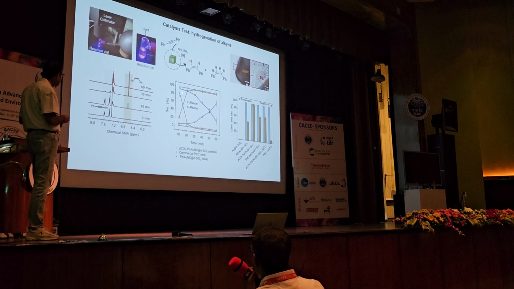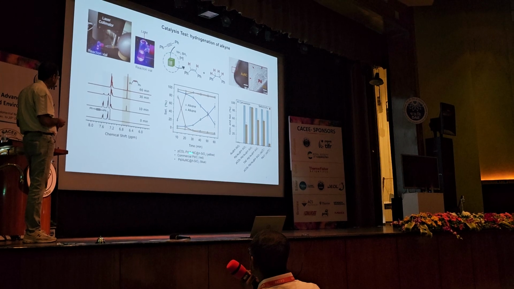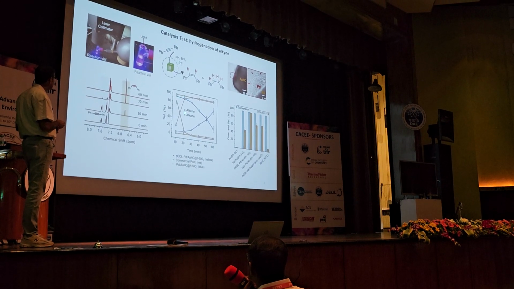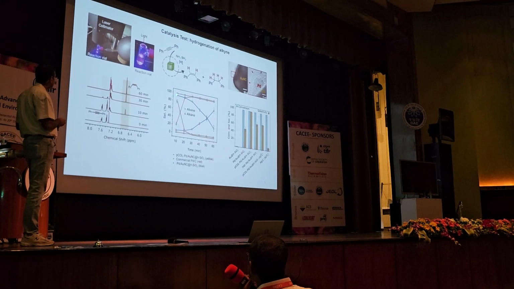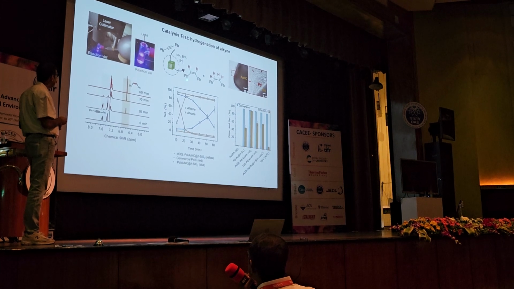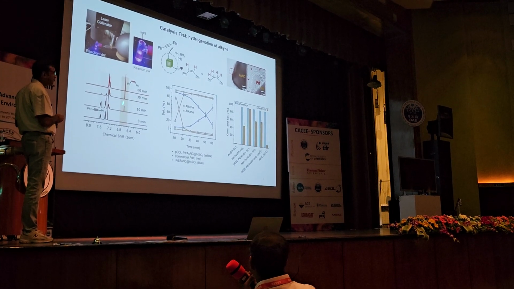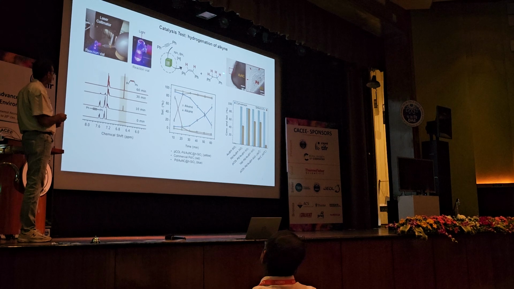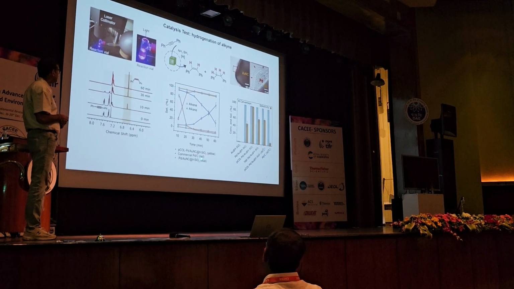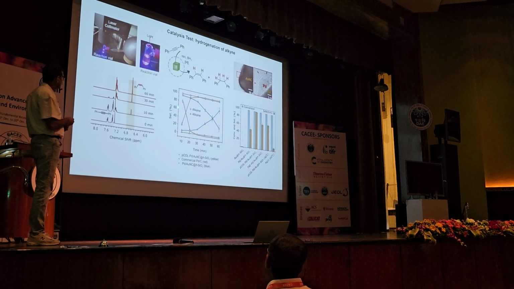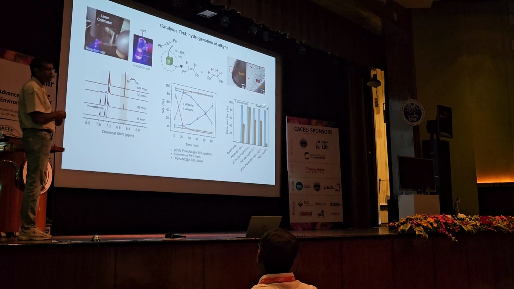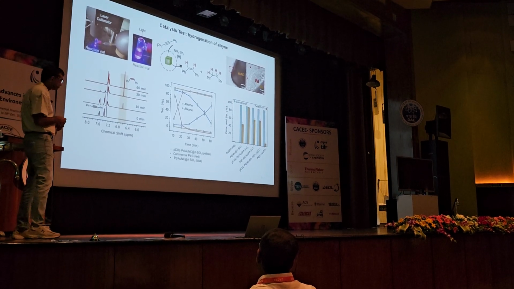Pay attention to these yellow lines, which are the main catalyst data. Over the time, as you can see, this square is the alkene product. That maintains 100% selectivity. During this reaction, we never see the formation of alkane within the NMR detection limit. But when we do the same reaction with commercial palladium carbon catalysts, you can immediately see within 20 minutes the over-hydrogenation starts happening and selectivity goes down.